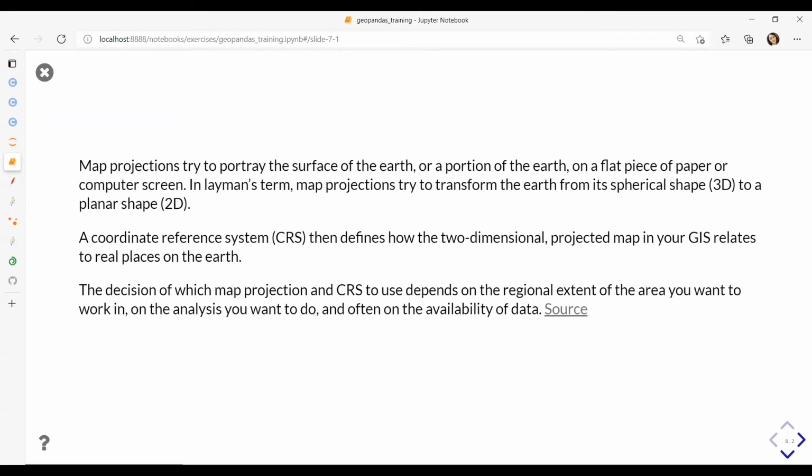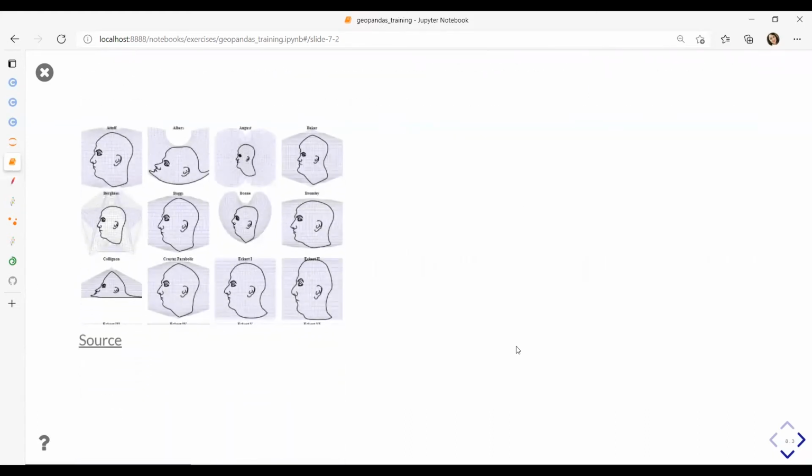And coordinate reference system, CRS for short, defines how this two-dimensional space projected on a map in your geographical system relates to a real place on Earth. The decision of which map projection and coordinate reference system to use depends on the region and country. I've included a source link where you can read more, but please bear in mind that CRS are very important for GIS.